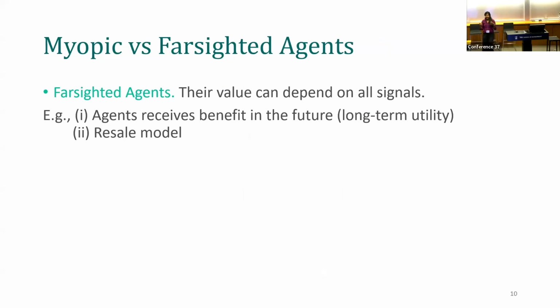forces us to see the agents' assumptions more closely and look at two distinct cases of myopic and far-sighted agents. In the instance that we saw, the agent's signal actually depended on someone in the future. Agent n didn't even arrive, but my value very crucially depended on them. So here we call them far-sighted agents. Their value can depend on all the agents' signals, including the people who haven't arrived so far. This makes sense when we think of the item as some long-term investment.